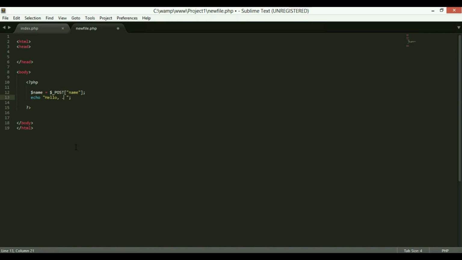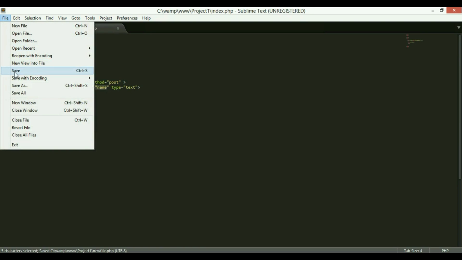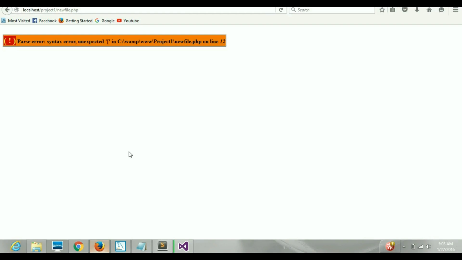So for that purpose we put the dot inside the quotes. We are supposed to put that outside the quotes. So put the dot and then dollar name. So we are done here. So if we save this and save this and then go on the page